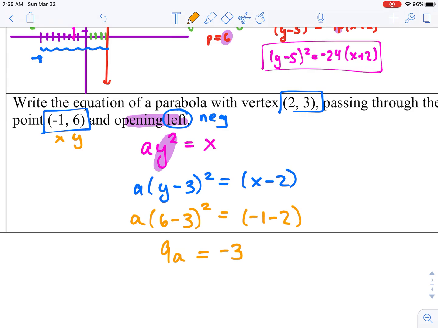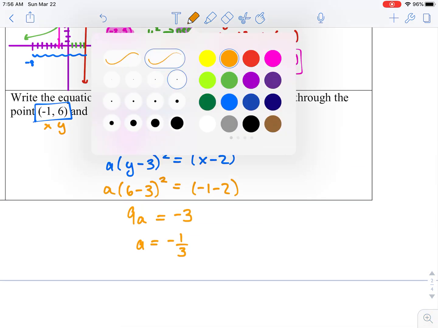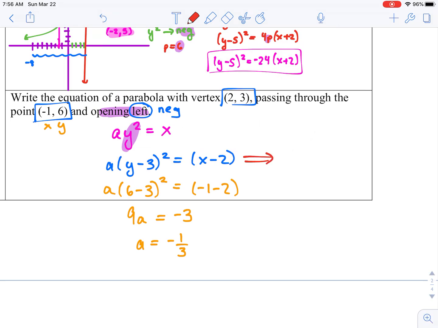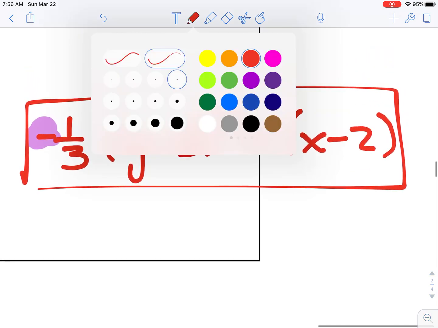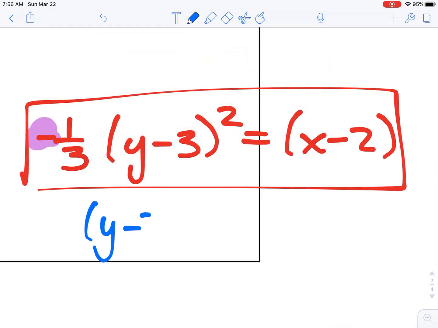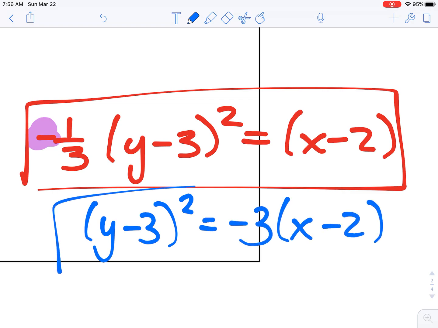If we divide by this, we end up with a being a negative 1/3. Going ahead and putting it into our equation, we would have negative 1/3 (y minus 3) squared equals x minus 2. And you'll notice that your negative sign now appears, and that's why we know it opens left. If you were to do it with a 4p value, that would have been fine. Your equation would end up being the reciprocal, so you'd have a negative 3 on the